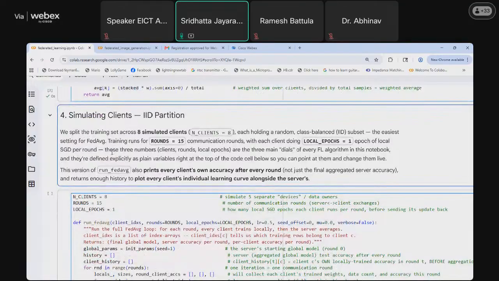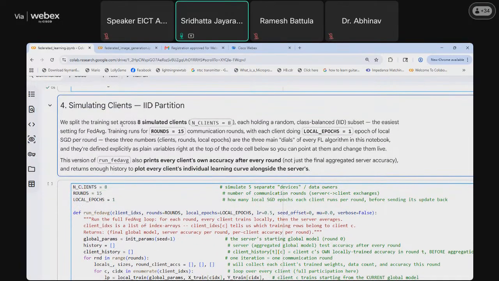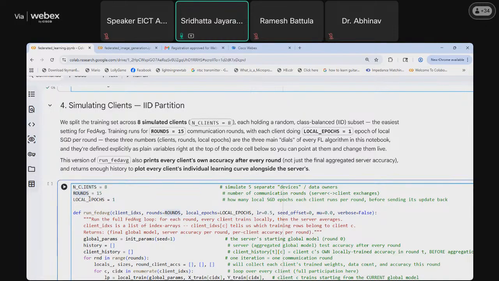Okay. So now the next part is we will be simulating the clients with the IID partition. There are quite a few hyperparameters of federated learning. n_clients is the number of clients, that is, how many clients there are in the federated learning. Here we have defined it as 8, so we will have a server and 8 clients.